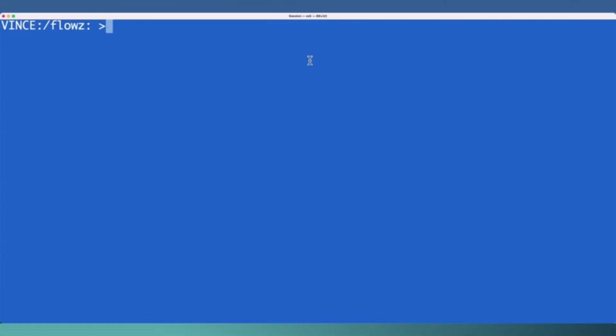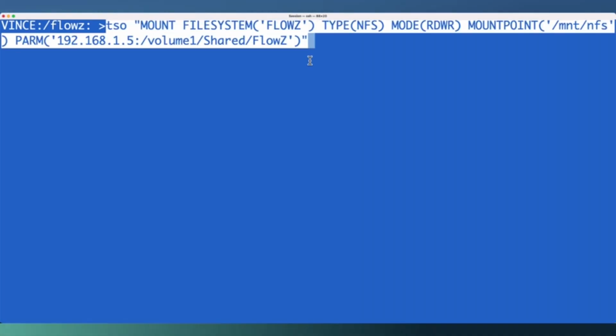Now, back on my shell session, I'm going to do a little bit of setup work on z/OS. Probably the most important thing is I'm going to connect my mainframe to that folder that I just created. And this is done with a normal mount command. I can specify whatever file system name I want. That's just a logical name that z/OS is going to know this file system by. And, as I mentioned, it's NFS, so I'm going to specify that. I'm going to specify that I want read-write access. I'm going to specify where it appears in the z/OS file system